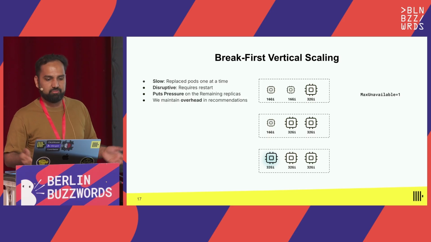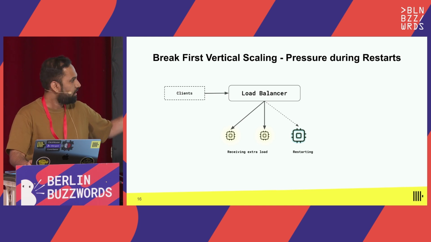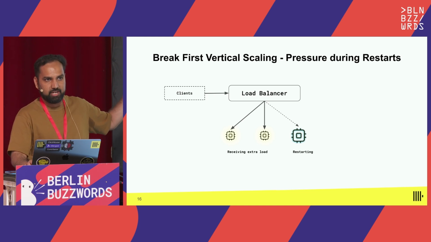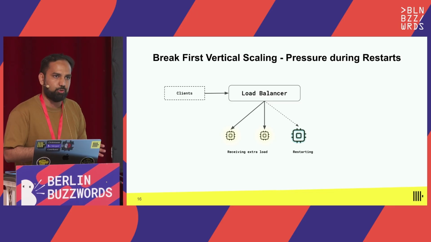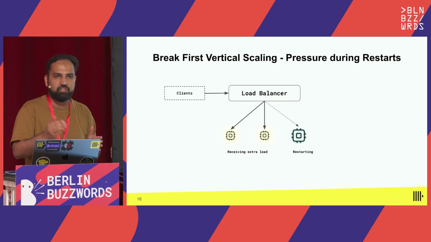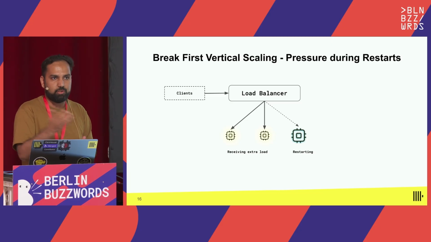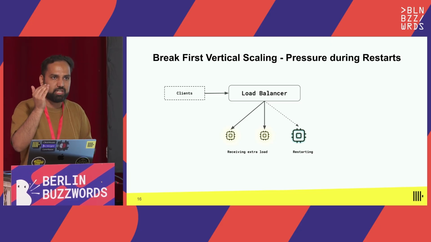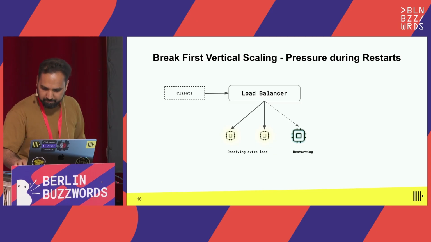Slow, disruptive, puts pressure. And actually, in order to combat these kinds of scenarios, we decided to allocate a little bit of extra overhead for every replica. So we account for the fact that you have to take away a replica during scaling. So when you provision some size, we actually add like 15% or 25% overhead and provision a bigger size than you actually wanted, which is not good, right? Because ideally, you want your utilization to be as close to allocation as possible.